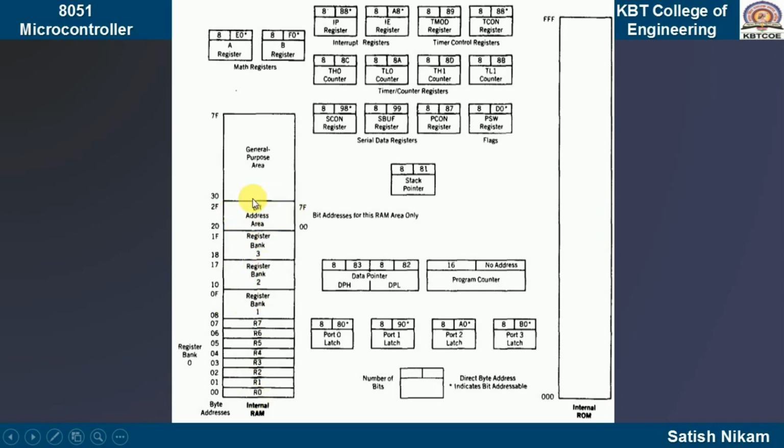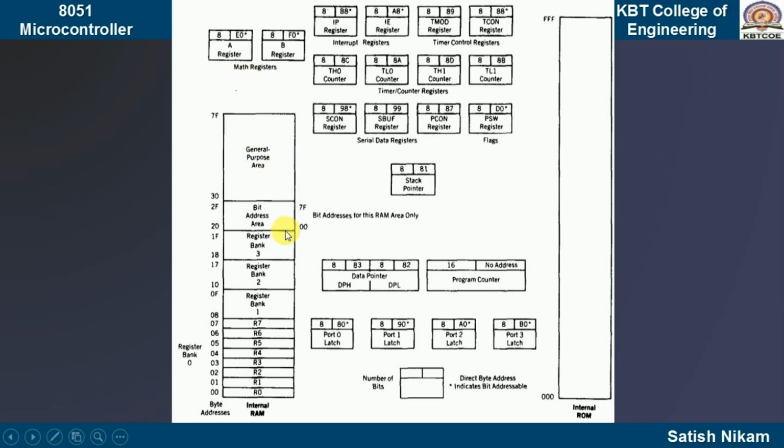Then the second section of this RAM is the bit addressable area. It means when you want to store data in bit form, there are some applications. Suppose I have to check whether my valve is open or closed. That type of information you get in bit form only. That bit is either 0 or 1, and I want to store it. That type of information you can store in memory locations 20 to 2F, and we call it the bit addressable area. And the next part, from 30 to 7F, is the general purpose area.